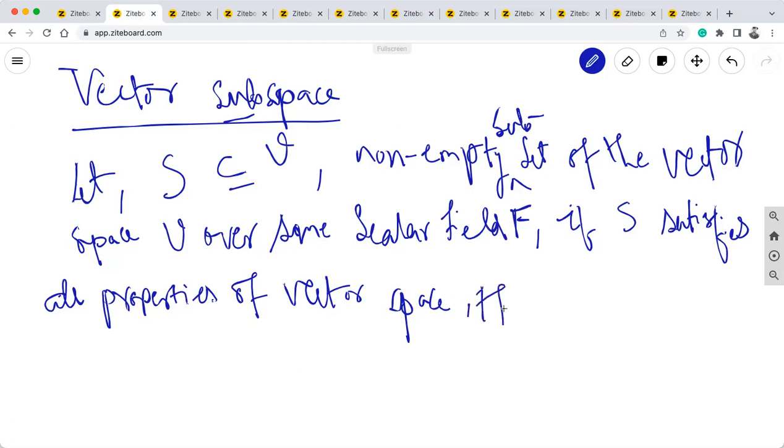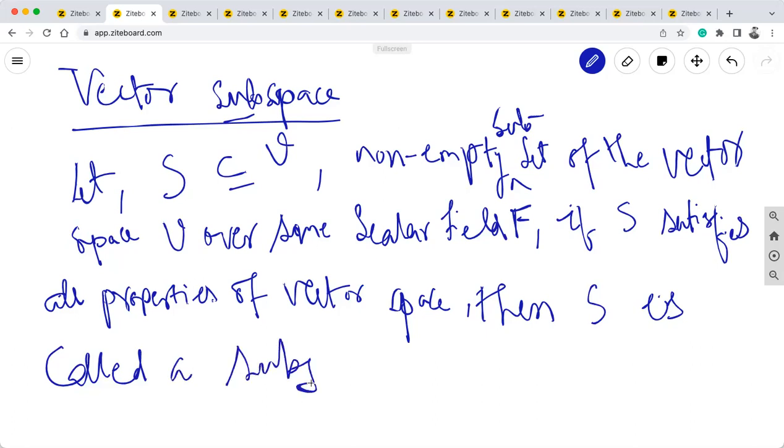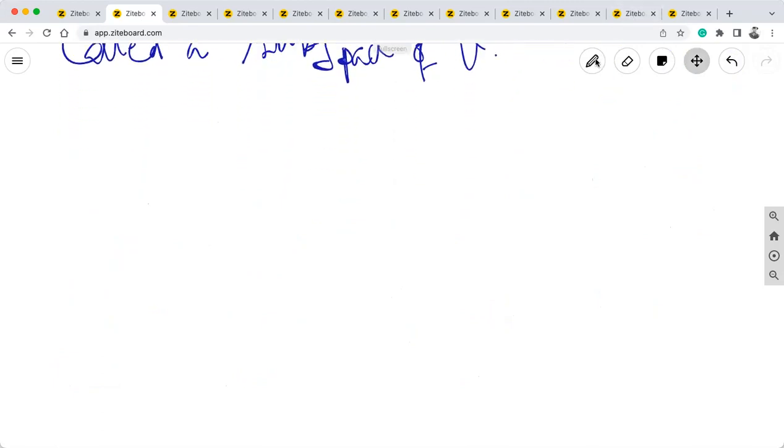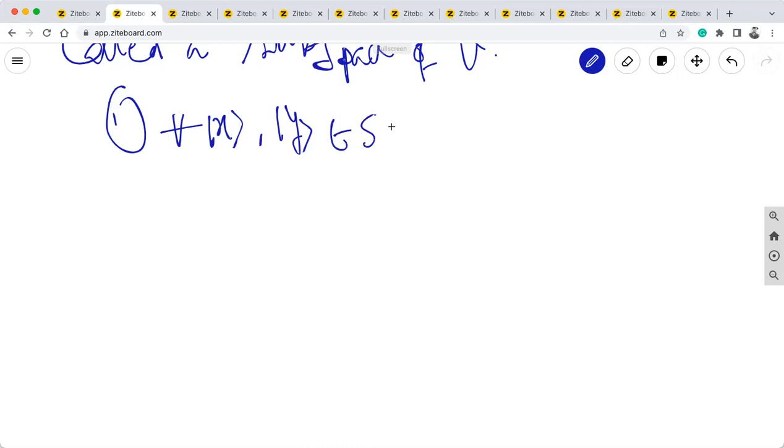Then this S is called a subspace of the vector space V. That means for all such elements |x⟩, |y⟩, if they belong to the set S, which is a subset of V, then their addition |x⟩ + |y⟩